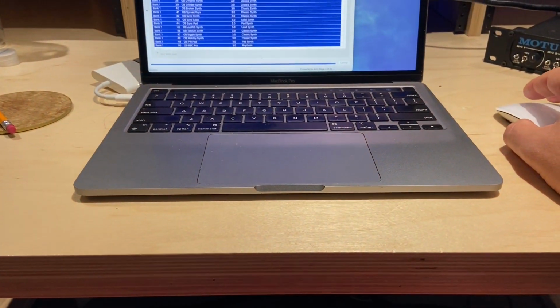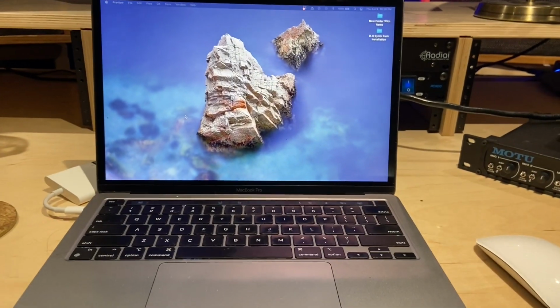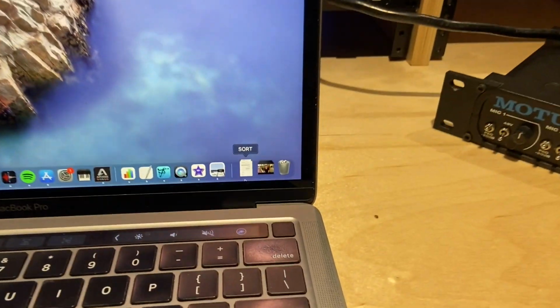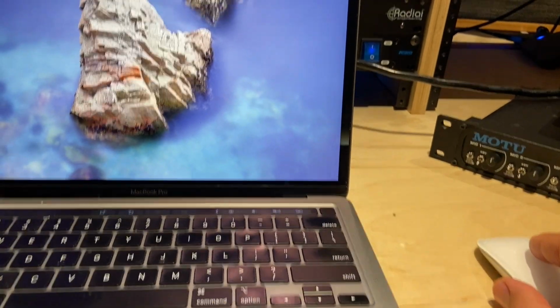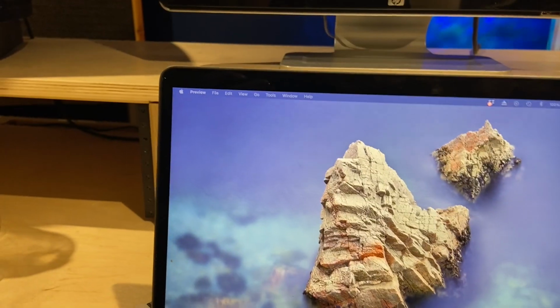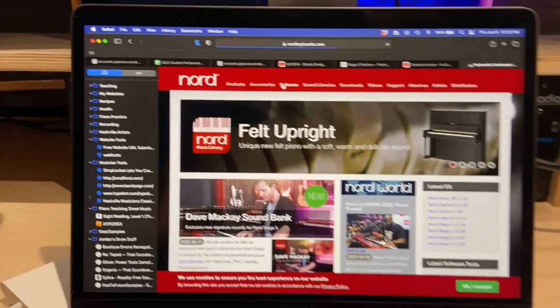Then the second thing that I'm going to show you is I've got the file downloaded. It'll probably be in your downloads folder. When you get it, I've moved it to the desktop. That's the first step. Second thing I'm going to need to do is go to Safari, go to Nord,